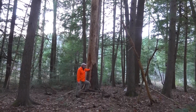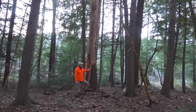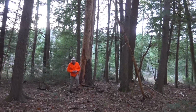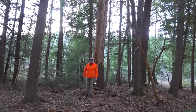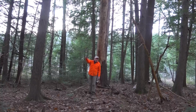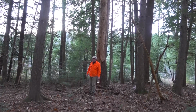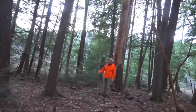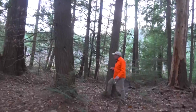So this is a really nice spot. We're very close to the edge of the property, going this direction. But again, they probably never bothered with it because it's so close to the wetland and very rocky behind us. So it just got left behind. So this is a little patch of almost old growth. We've got trees like this pine here,